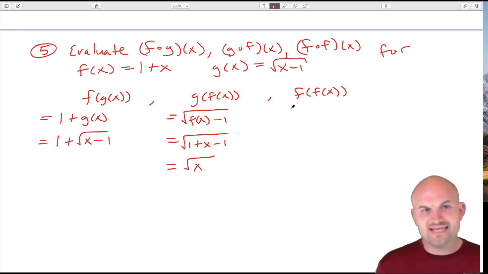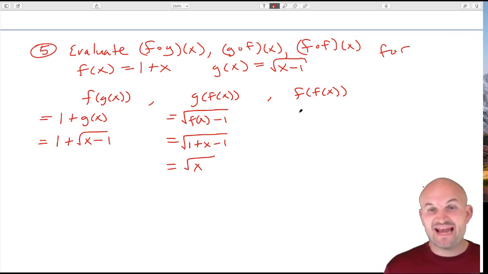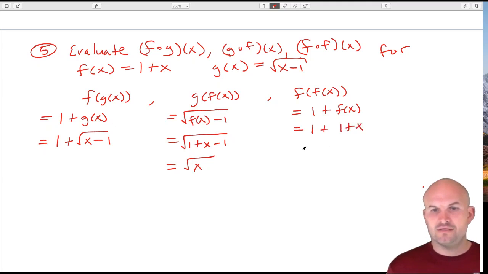And the last one is f of f of x, which is basically just plugging f of x into itself. So that'd be 1 plus, instead of g of x, in this case it's going to be f of x. Well, f of x again is 1 plus x, so therefore that can simplify into 2 plus x. And there you go, ladies and gentlemen. We are now